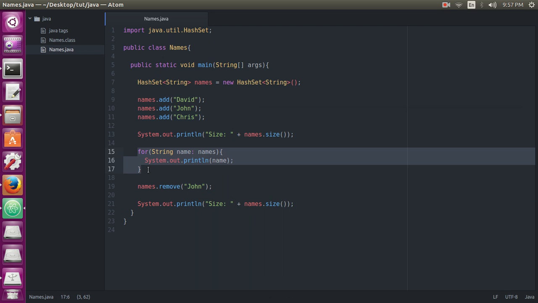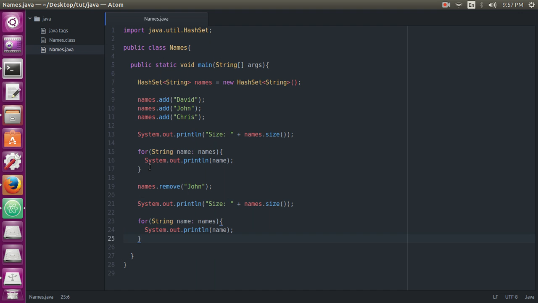Now let's print these names again to see if the name John has been removed or not. Let me just type a System.out so that there is a line break between the two lists of names.